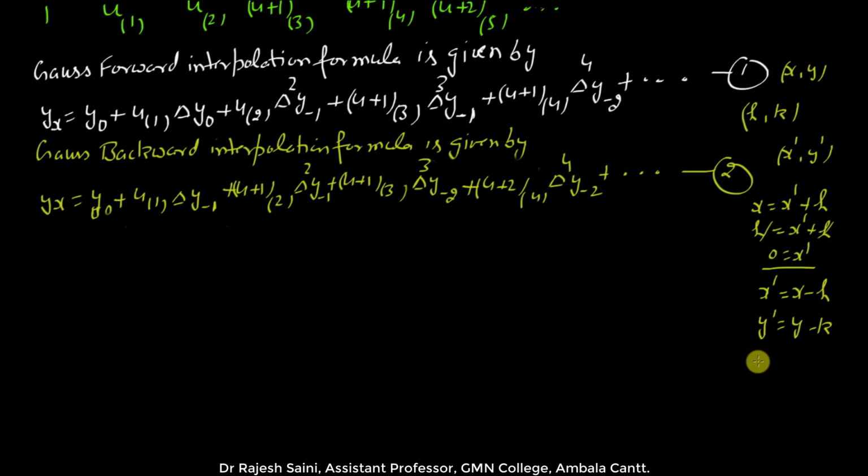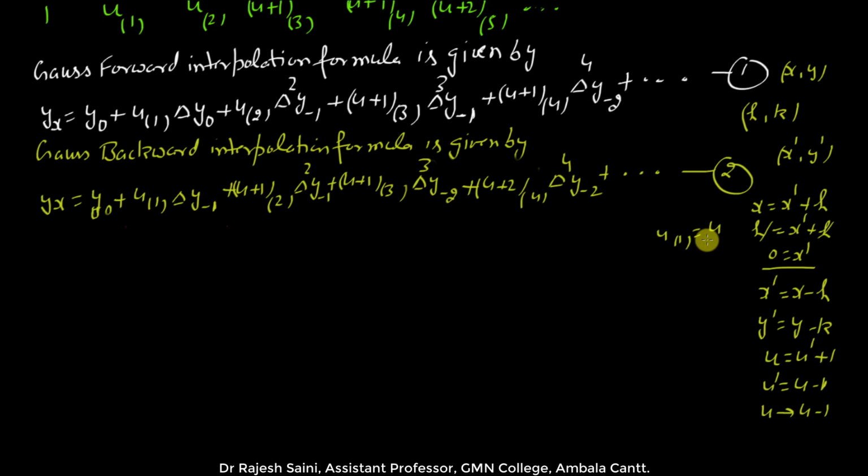When you will shift the origin to 1, then this u is equal to u dash plus 1. So this u dash will be u minus 1. So simply replace u by u minus 1. And this subscript of y is shifted in the forward direction by 1. Here it will be shifted, and this u1 will not be changed because u1 here,